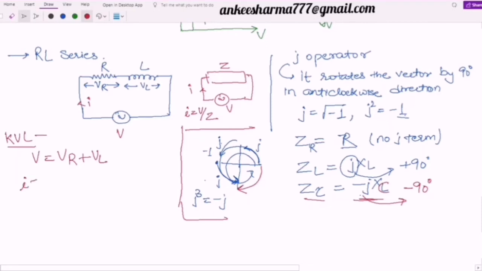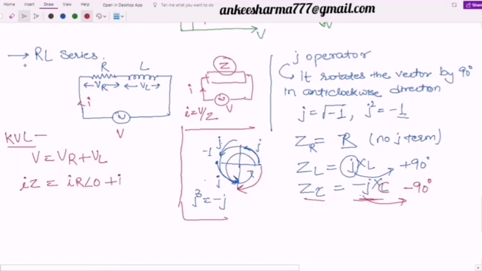So I into Z is equal to, I have assumed this impedance to be the combined impedance Z. But actually there are two components, a resistor and an inductor, which are connected in series. So I will take individual voltages. What is the value of VR? If current I is flowing through it, then definitely the value of VR is equal to I into R. And what should be the angle? We have studied that the phase difference is 0.